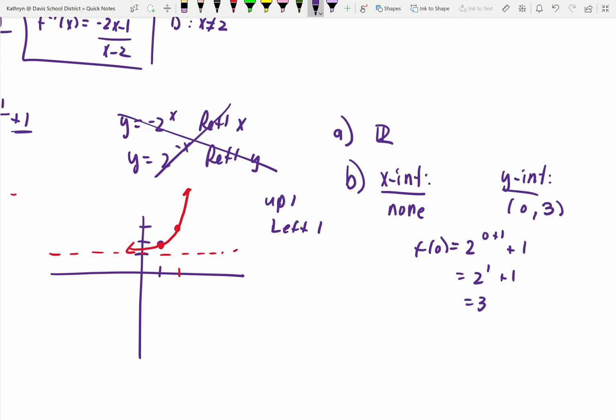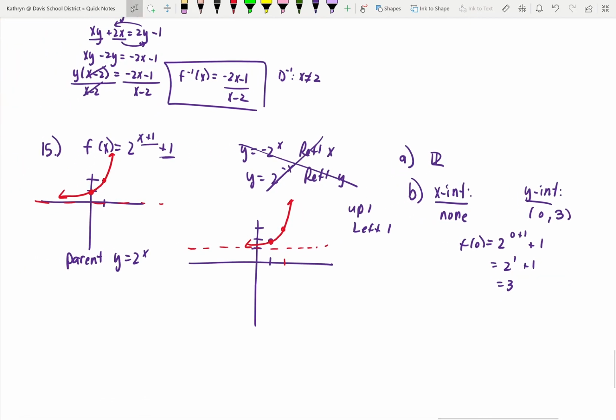Either my x-intercept is wrong or my graph is wrong. I don't know why I'm struggling so much. Okay, so